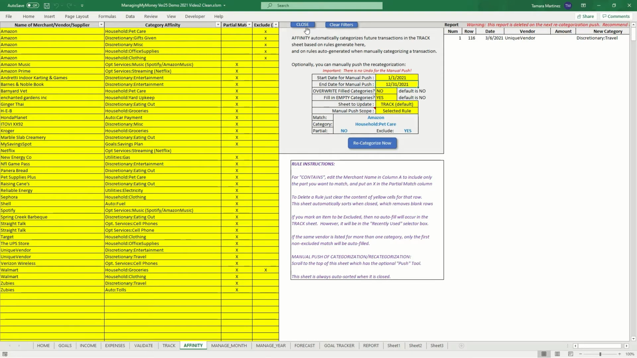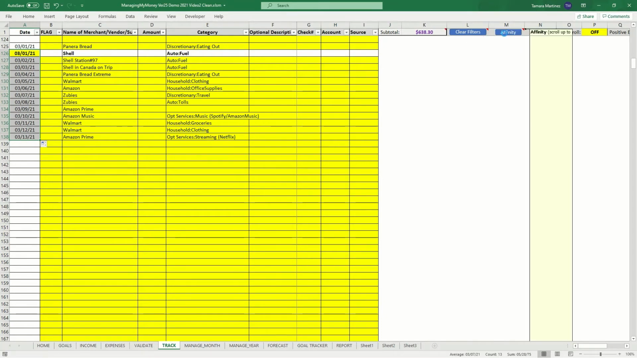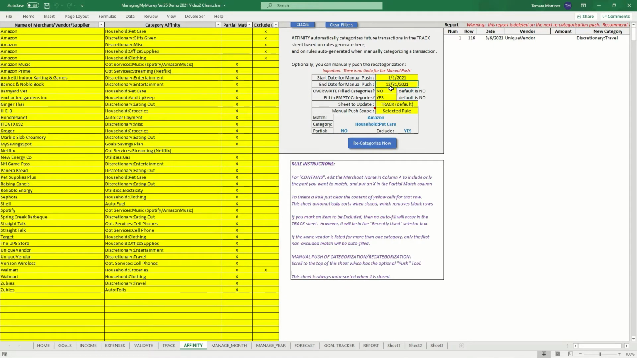Now to work, I just need to confirm it actually needs a date. These are just examples, and I didn't put dates in there. Dates are important for your transactions. So if I go into Affinity and I give it a date range,